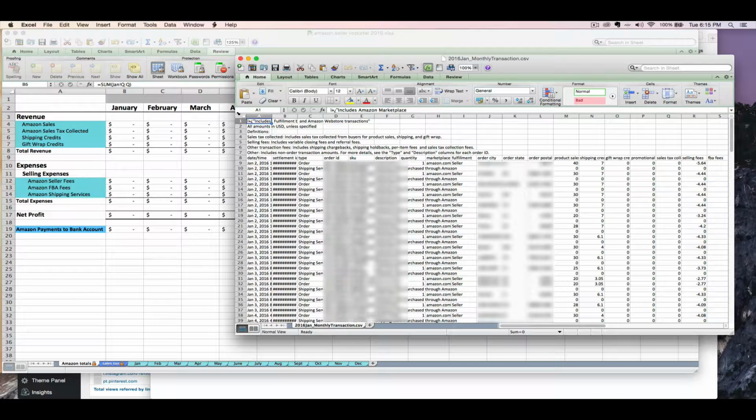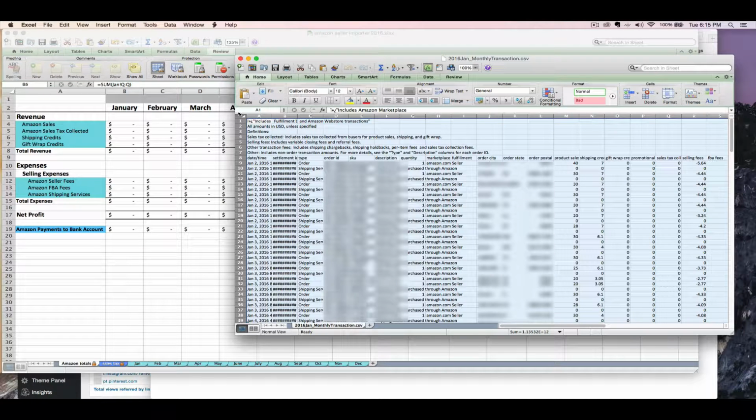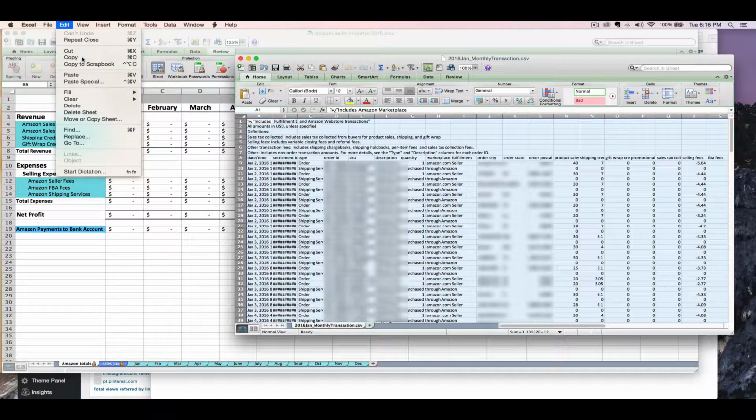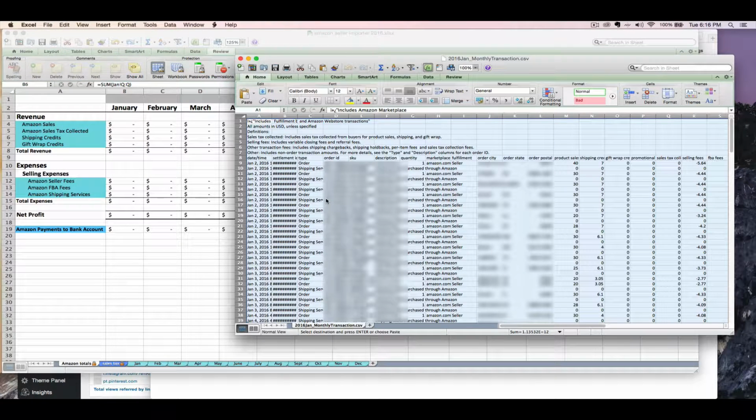Okay, so see when I hover my cursor right here in this little corner box, it turns into this special diagonal black arrow. When that happens, I'm going to click that little box and it's going to highlight all my data on this tab. Okay, so now that everything is highlighted, I'm going to copy. I can either do Control C or Command C, or I can go to Edit, Copy, or I can right click copy, however you want to do it, your favorite way to copy data, copy,